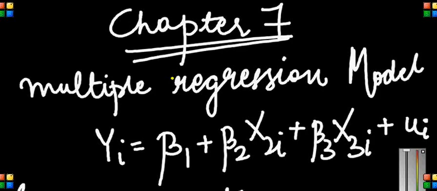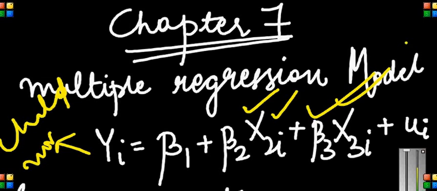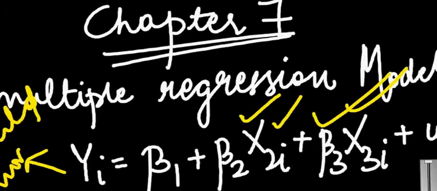So beginning with chapter 7 now, I will be talking about the multiple regression model. In a multiple regression model, y would not be affected by only one variable, but by more than one variable. For example, I can say that child mortality would not only depend on the GDP of the country, but also on mother's health. So when one factor is affected by a lot of other factors, I talk about the multiple regression model.